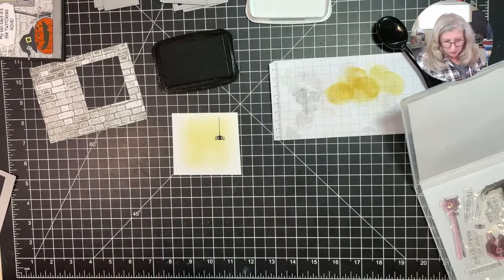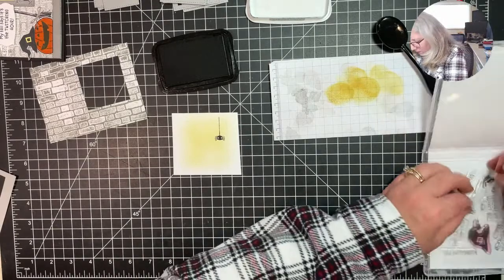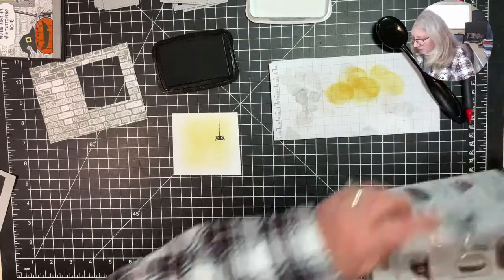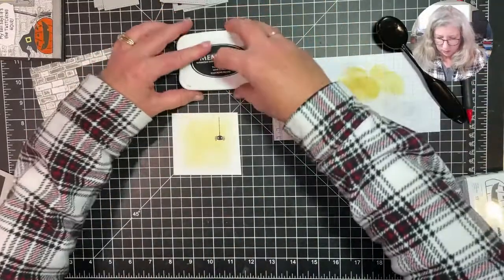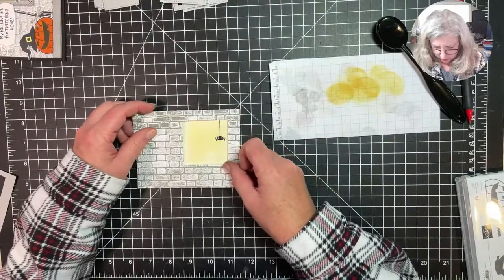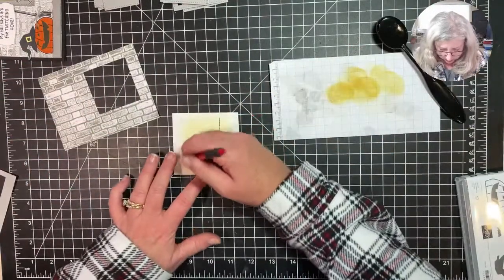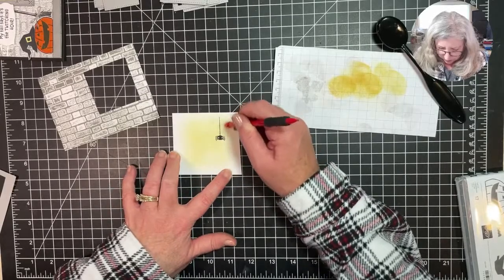So now we can actually attach the window to the brick wall, and that part will be done. Get that out of the way. So we're just going to erase our little pencil marks. They probably wouldn't show anyway, but